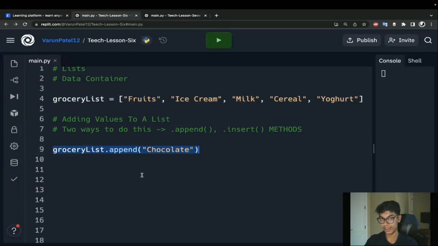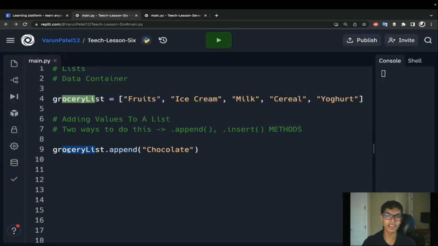Okay, this looks kind of weird, right? Because usually when you have your function, you don't have this dot. Again, this is not a function. This is something called a method. Think of a method as a function that only works with specific things, like it's tied to a list. So this dot append only works with lists. It's a list specific thing.